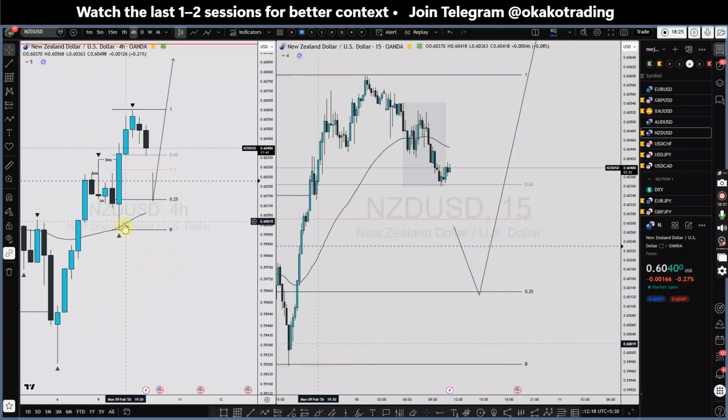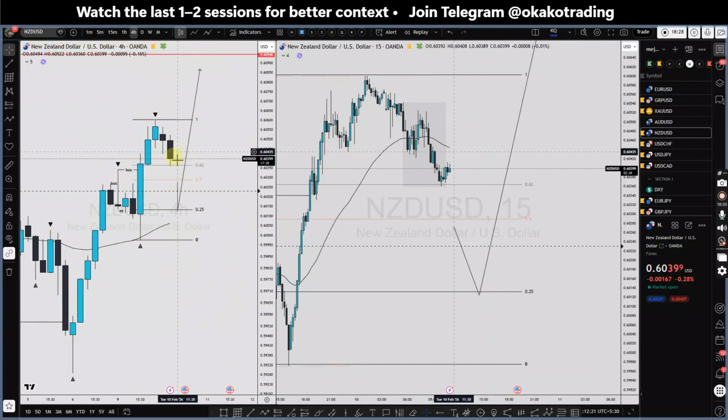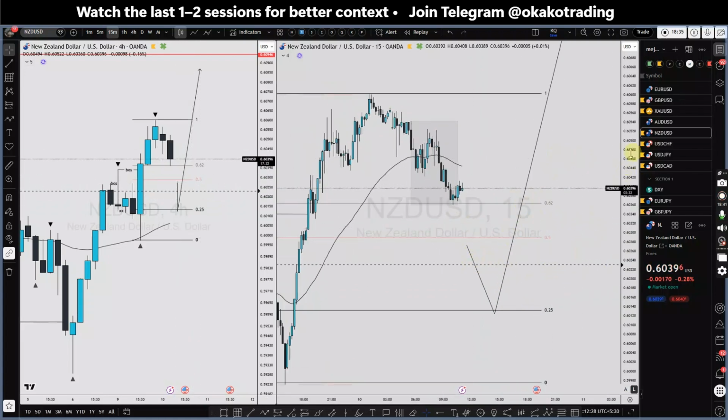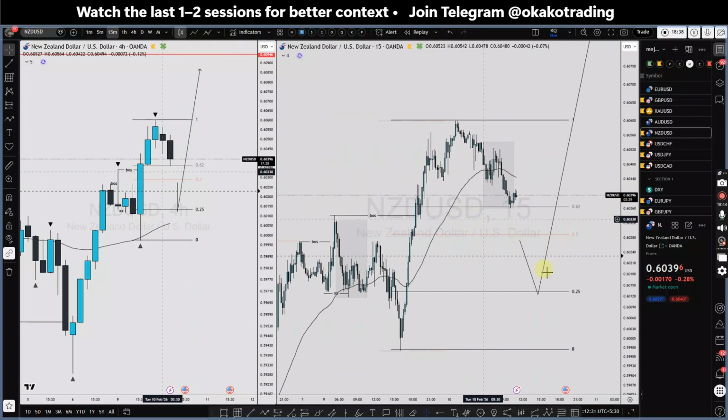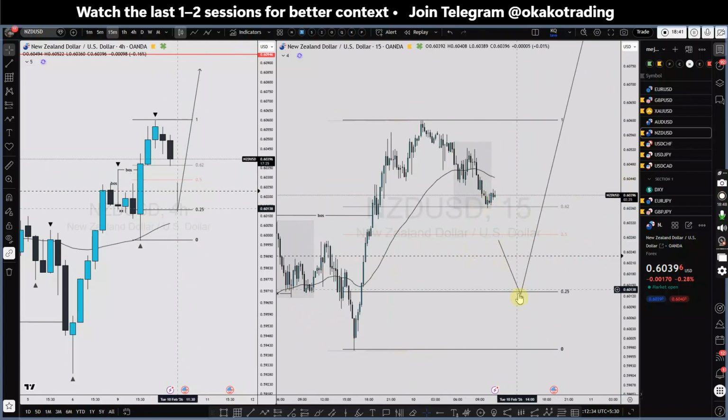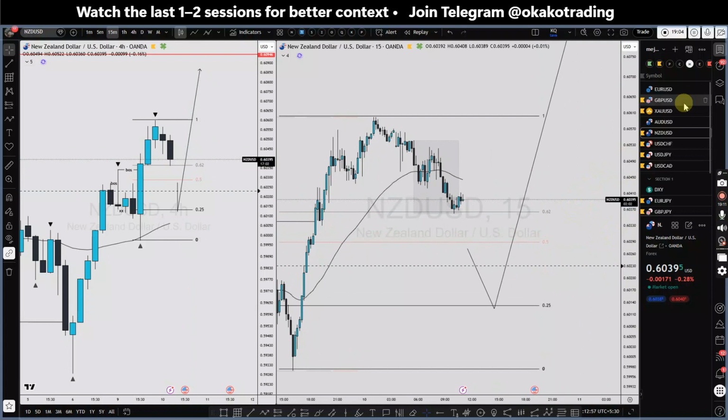NZD USD, this is the last breakout structure towards upside in 4 hour, and we're waiting for a deeper correction towards this kind of level below 50%, and then we can start looking for 15-minute longs. But I'm gonna monitor NZD USD in two ways. I'm gonna look for this swing long setup, and at the same time, I will be aware that we are currently already in a discounted price region. If price actually managed to go below 38.2, in that case, I will also be aware that we can get a 15-minute trade setup for intraday longs. So NZD USD is gonna be in both my daily and swing trading opportunity watch list.